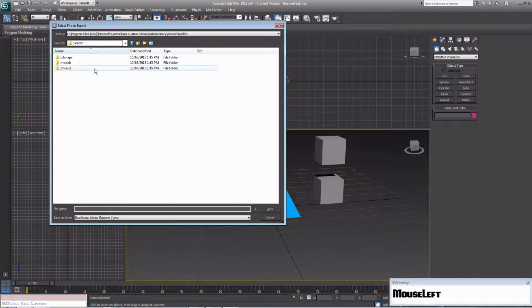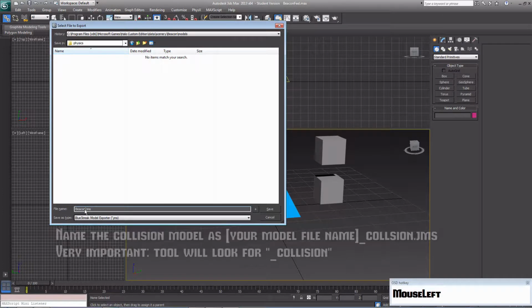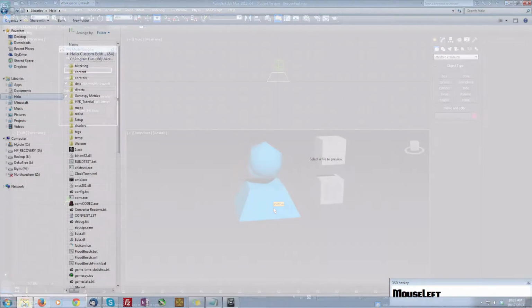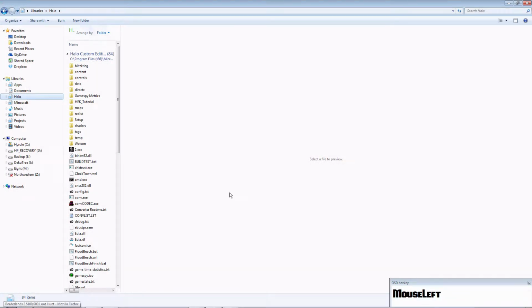This time go to your physics directory and save it the same way you saved your models, with the same name, except you add underscore collision after your name and before .jms. So we save this one as beacon underscore collision. Okay, now that we've exported it,